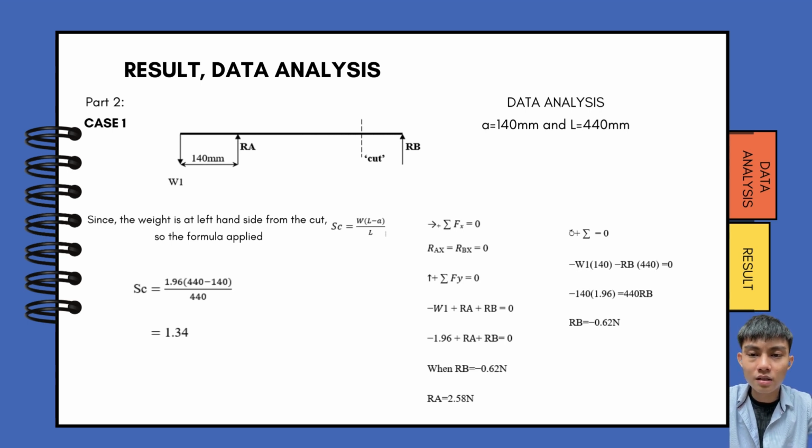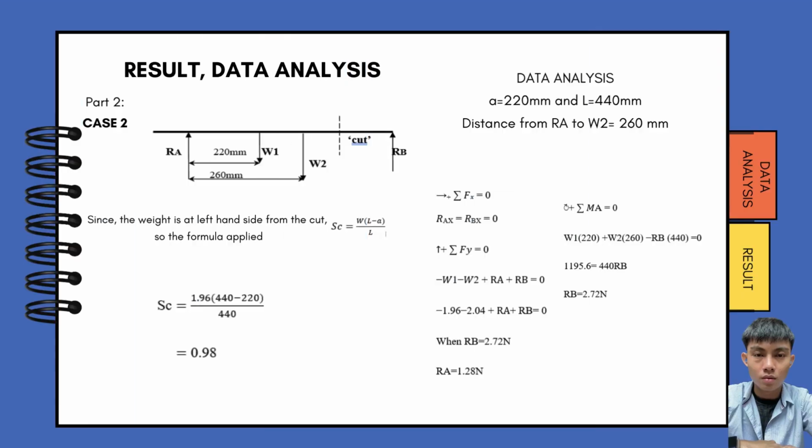The small letter a is the distance from the weight to RA, and the length is the total length of the beam. So we get RA equal to 2.58 newtons and RB equal to negative